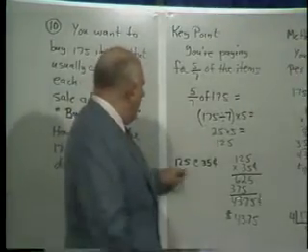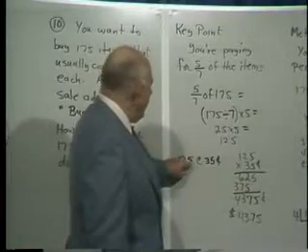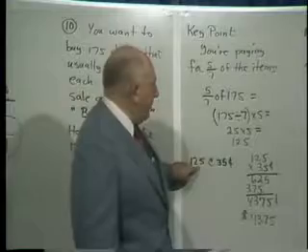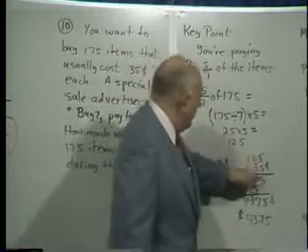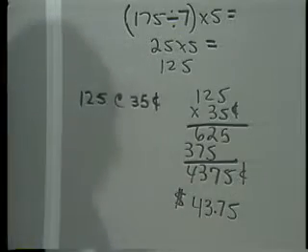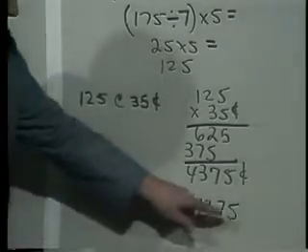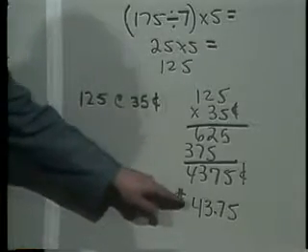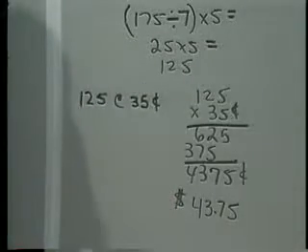So what am I going to be doing? I'm going to be paying 35 cents 125 times. So I simply multiply the 125 times 35, get 4,375 cents, which is $43.75. By the way, it didn't occur to me to do the problem the way I'm going to describe now,